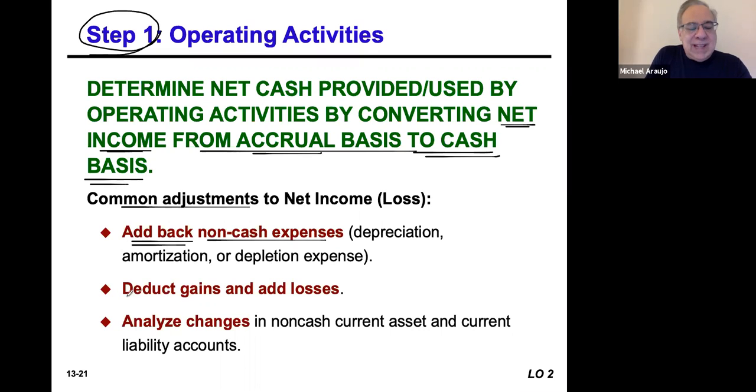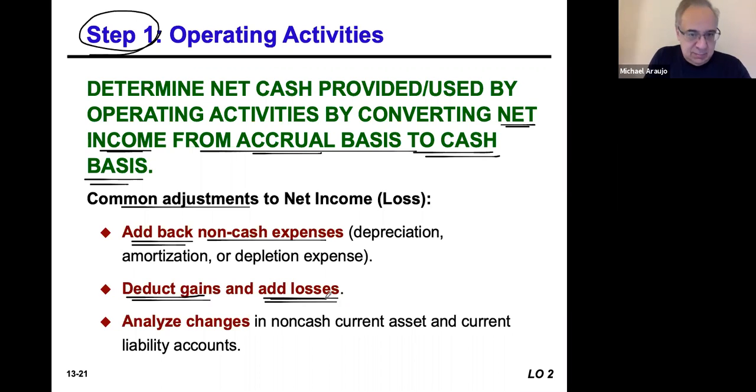We basically, if we had any gains on the sale of equipment or land or something like that, we added them to the income statement, but we actually have to deduct them from the cash flow statement. If we had any losses